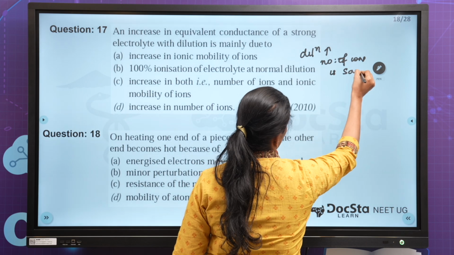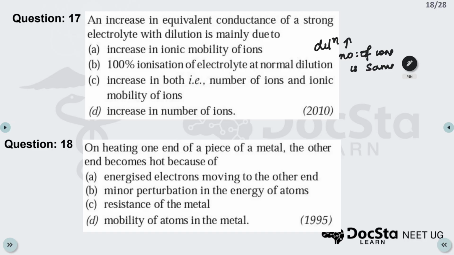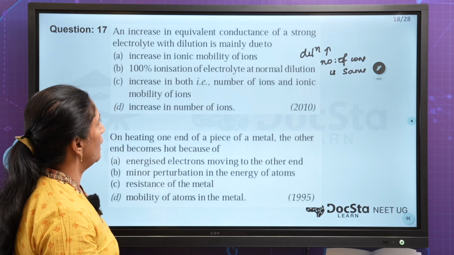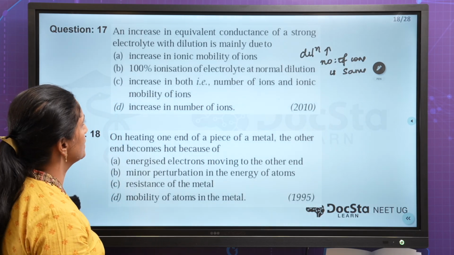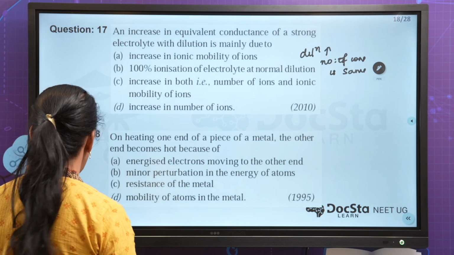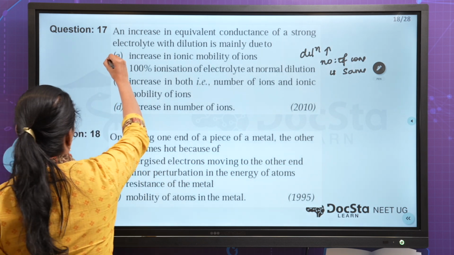There will not be any change in the number of ions, but the ionic mobility will increase. Definitely ionic mobility will increase, and that will be the reason for the increase in the equivalent conductance. So equivalent conductance increases due to the increase in the ionic mobility of the ions, which is given by option